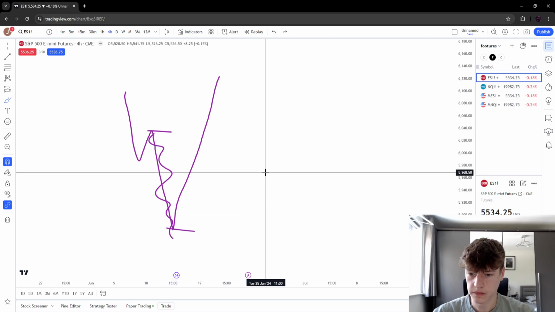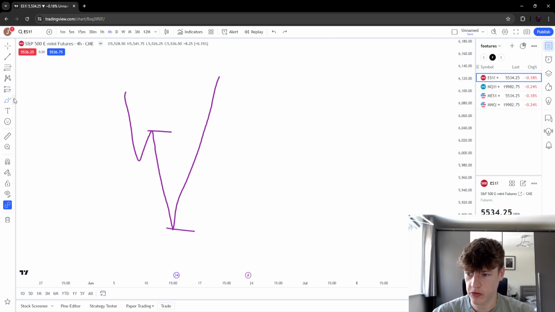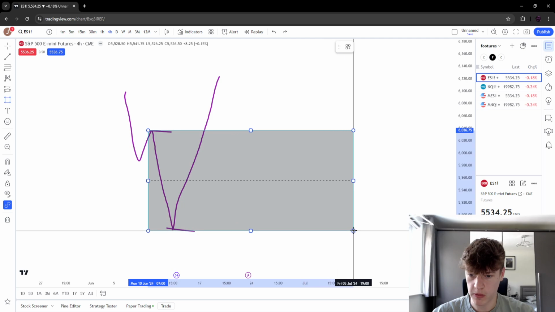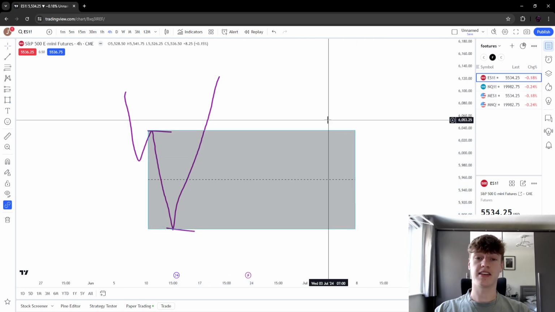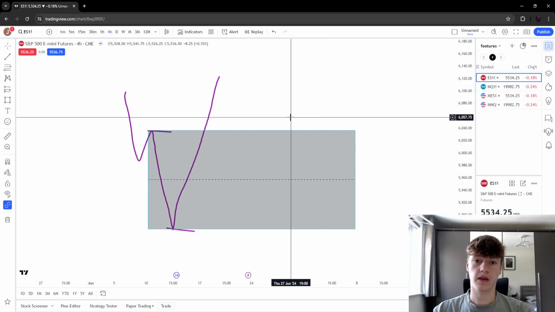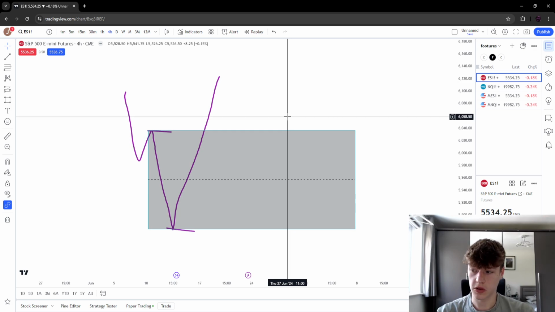Now, the rectangle. If we remember from liquidity, the market movers seek out liquidity to get their orders filled to move price where they want it to go. Once liquidity has been taken, they start filling their large orders. So say their liquidity was taken, they get large buy orders filled to move it higher. So the price range,